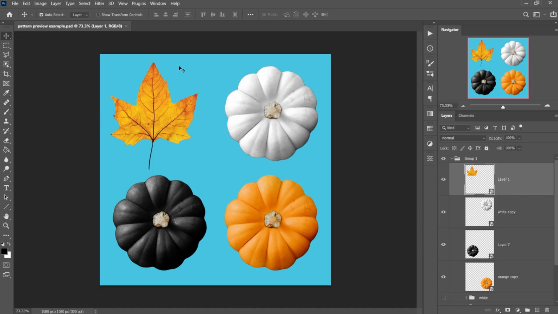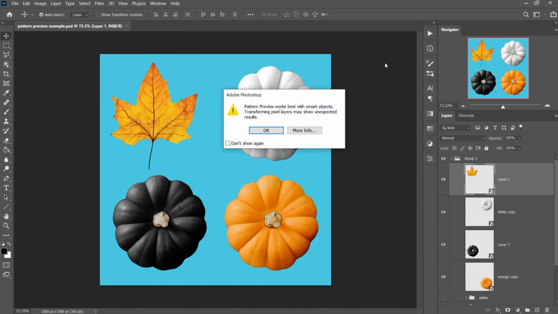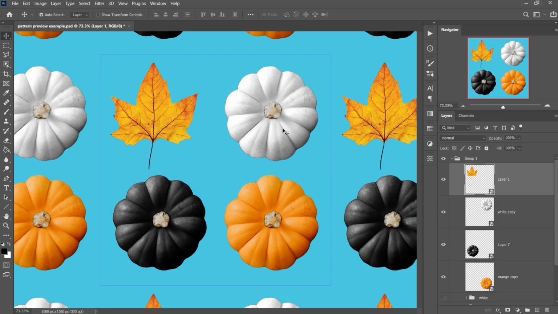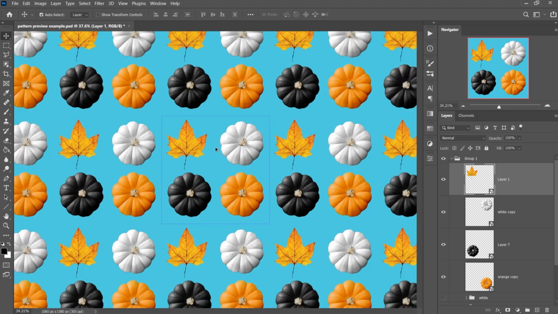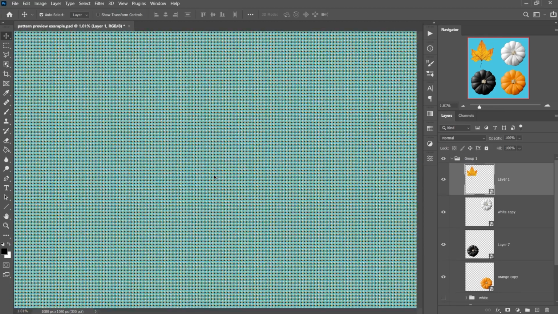If you go to View, you will now see right at the bottom there is a pattern preview. If you click on this, it will come up with a message telling you that it's better off to have a smart object. Make sure your layers are smart objects, but if not, just click OK and that will still do it. And as you can see, it has now created this really big infinite pattern that you can preview